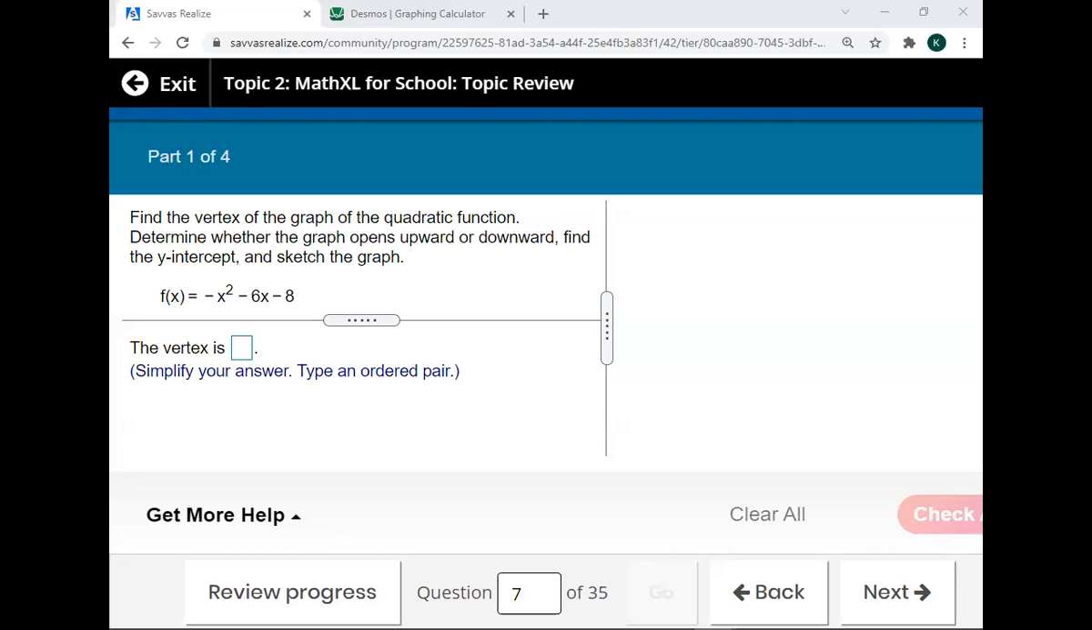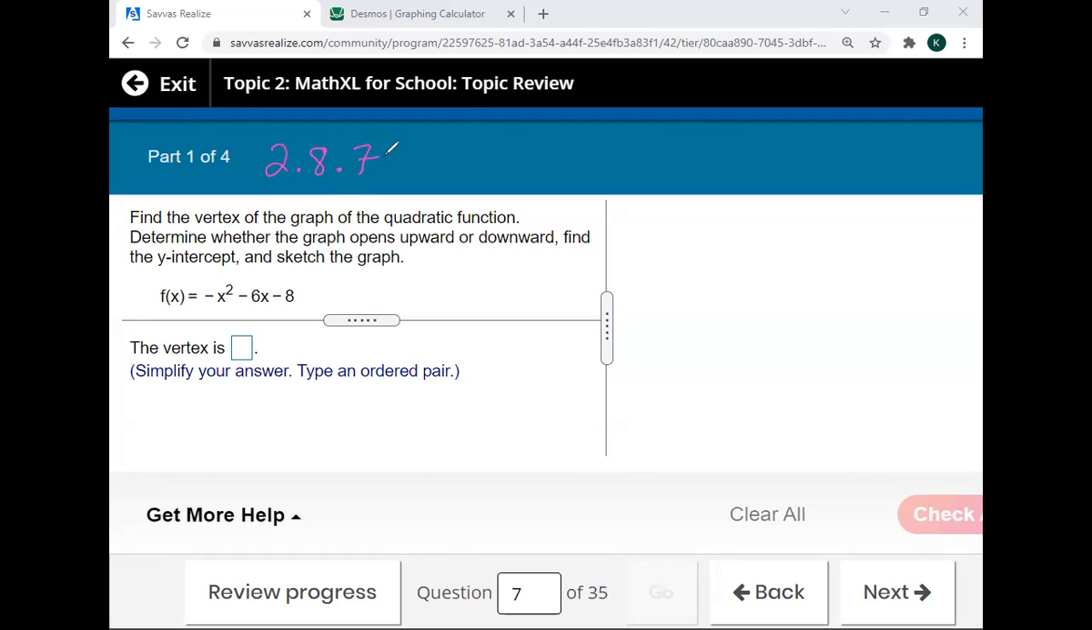Hey everybody, working on some Algebra 2 here, end of the second topic, looking at the topic review. The way I would recommend using this is to do these before the exam. It gives you an idea if you know how to do the entire lesson. I believe this is numbered as